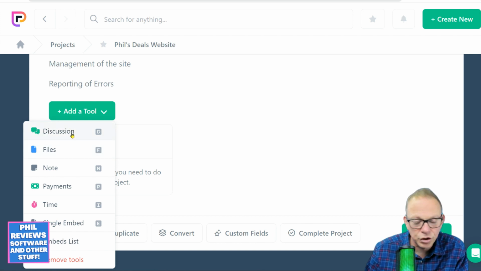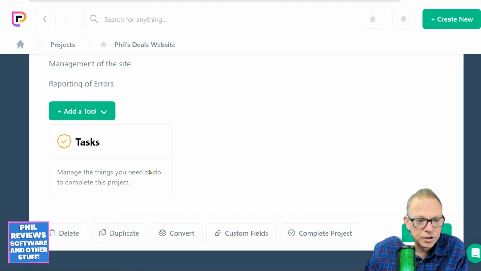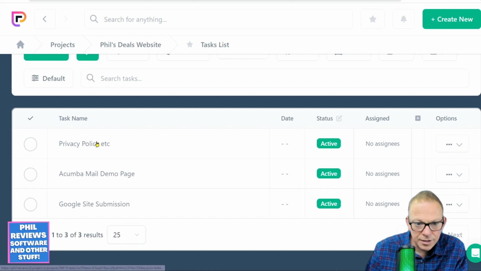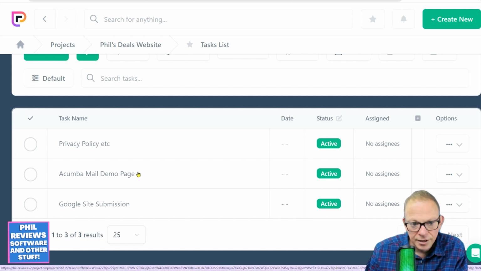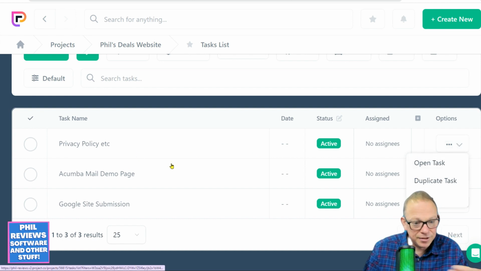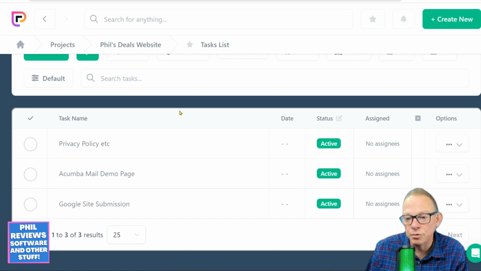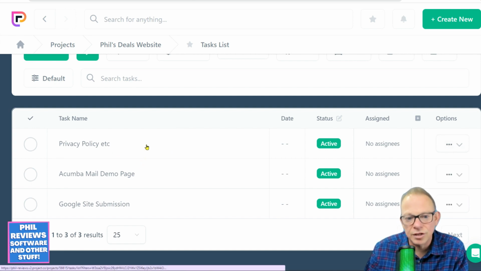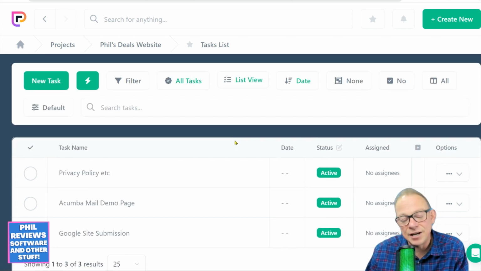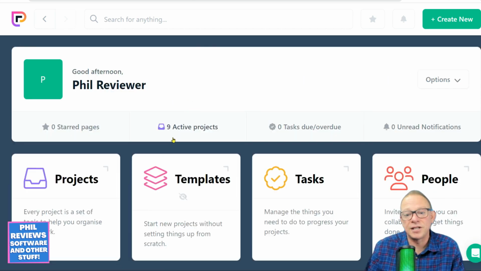You could also have a discussion flowing where everybody's just chatting away about the project, and then you can add separate tasks to the project. Okay, so I've got privacy policy, a page I'm building, the Google site submission, and you can open the task up, and within that task, obviously, add as much as you want into that task, so that we can discuss timings, what needs to be done for each specific task. As I say, you can really go as advanced as you want with ProjectCO, but I suggest you try and